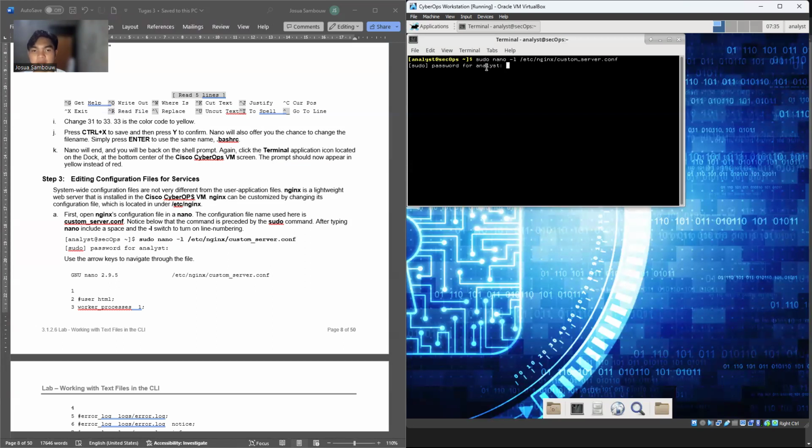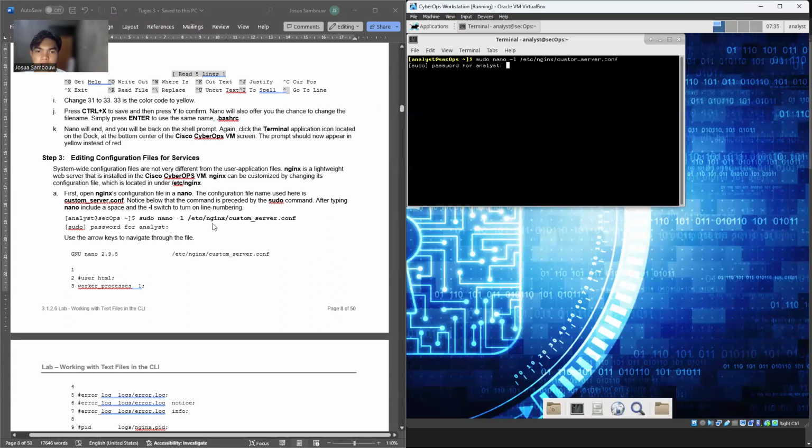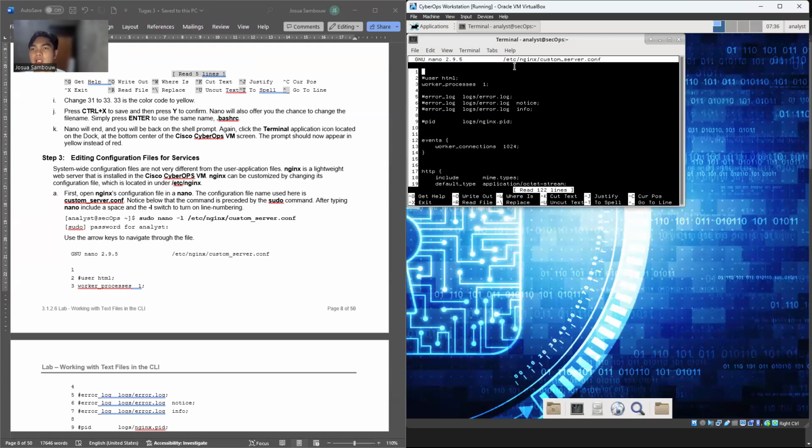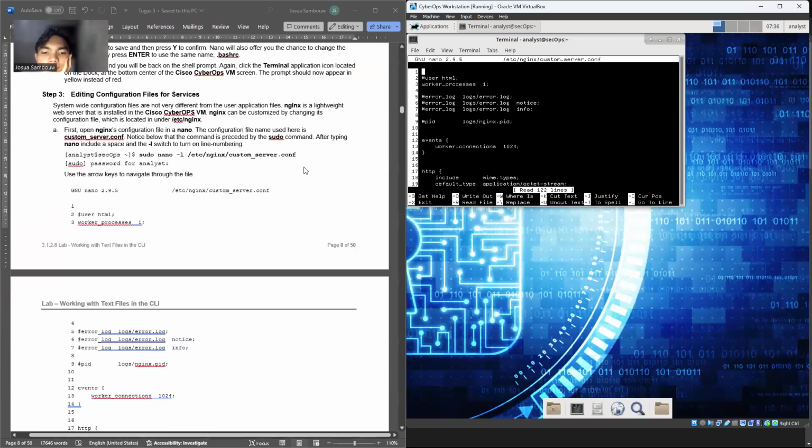Enter. Now the password. What is the password? I'm not sure, but we'll try for the sudo password. CyberAuth maybe. Cyber. Oh, it's open. That's cool.